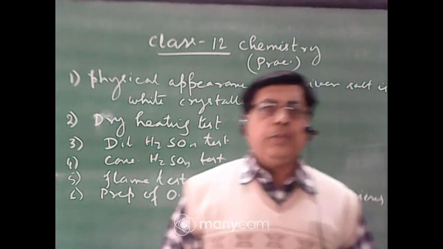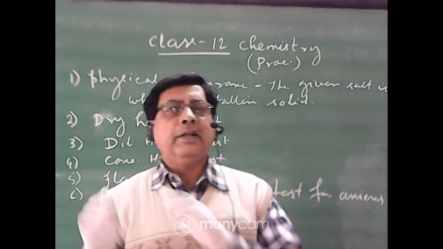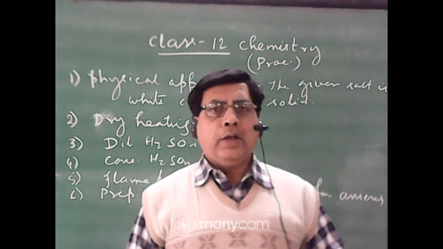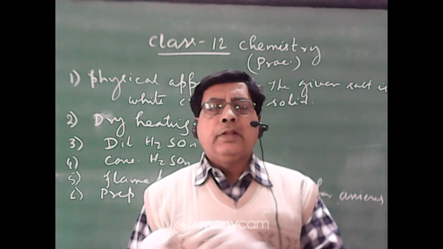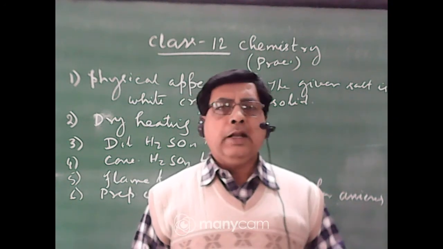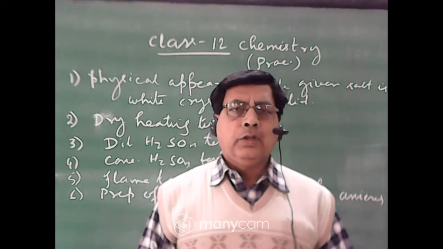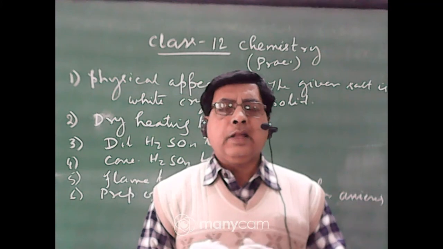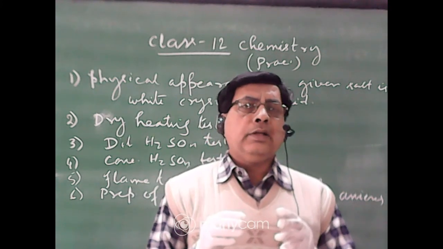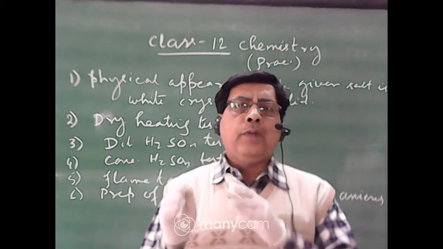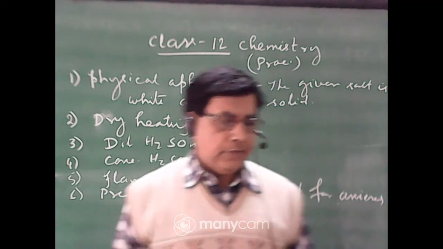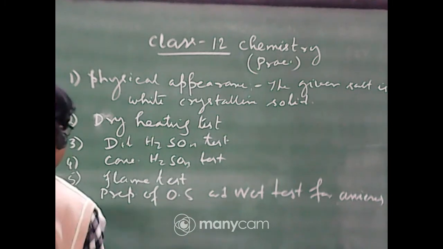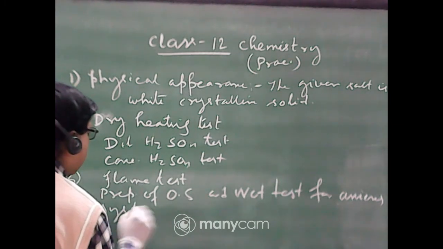No white precipitate is formed. Halide is absent. Then you write 1 cc OS, 1 cc barium chloride. A white precipitate is formed, insoluble in mineral acid. Sulfate is confirmed. Then write 1 cc OS plus 1 cc freshly prepared ferrous sulfate solution, then add concentrated sulfuric acid slowly. No brown ring is formed. Nitrate is absent. So this is the confirmatory test for sulfate. Now write systematic group analysis.